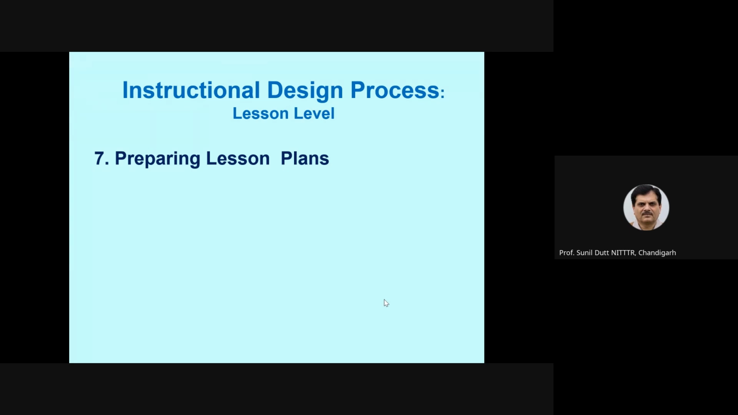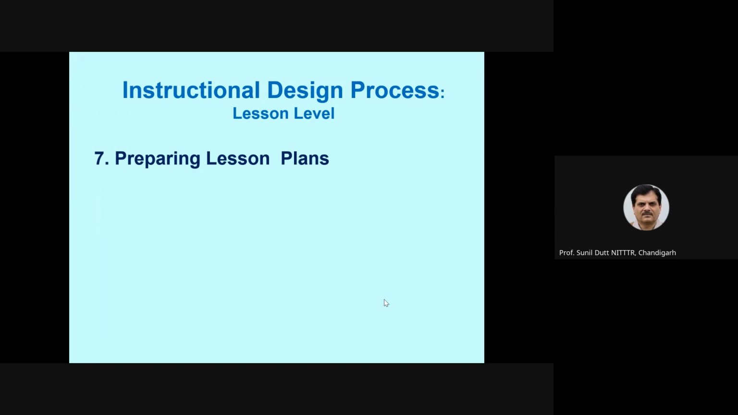A lesson plan is basically a blueprint. All of us are required to prepare a lesson plan. You see, a lesson plan is different from your lecture notes. Your lecture notes are not a lesson plan. A lesson plan is a teaching outline of important points of a lesson